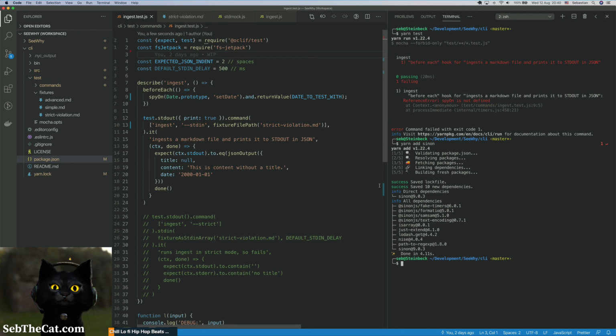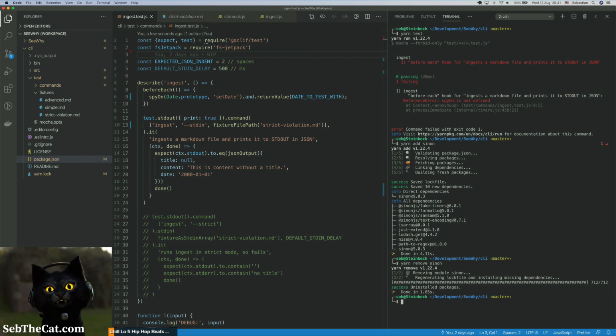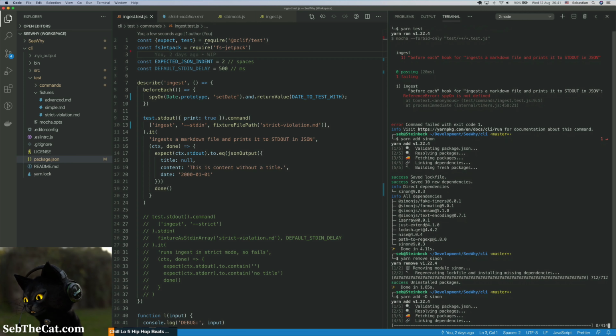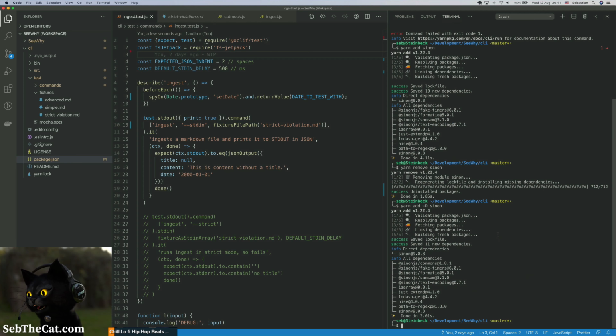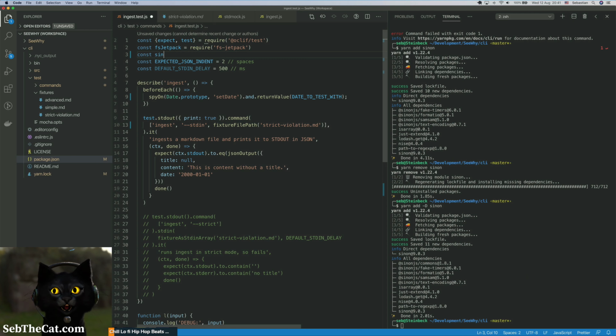Cool. Oops. I have to remove that now. I didn't add it to the development dependencies. So what we do is we add -D for development. Right, so now that's all installed into our development dependencies, and we're going to just require that